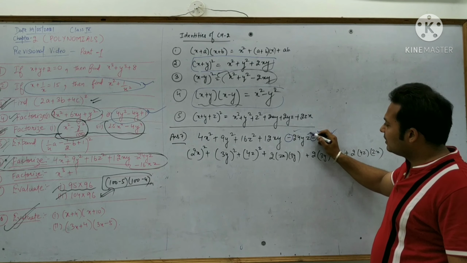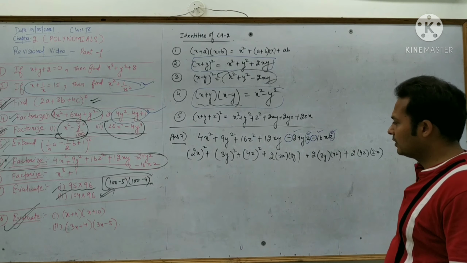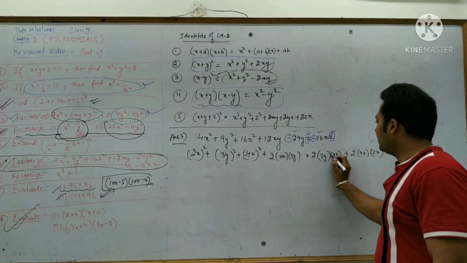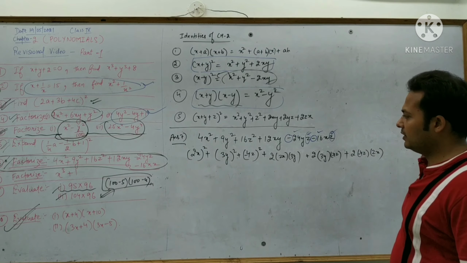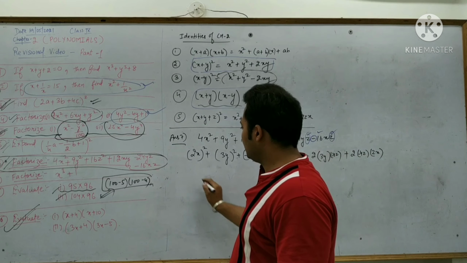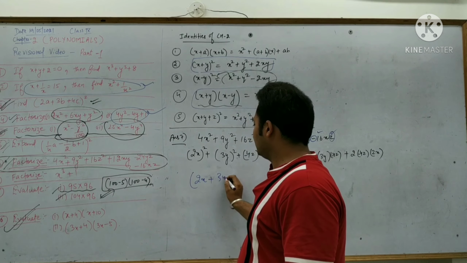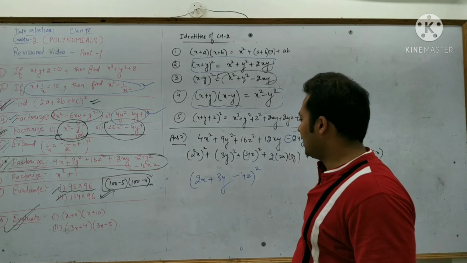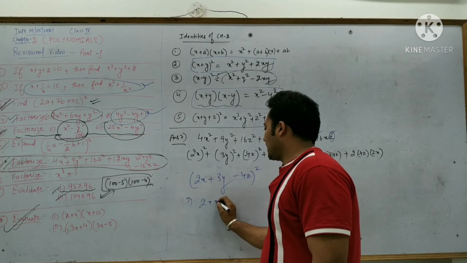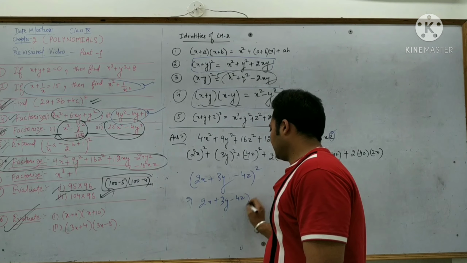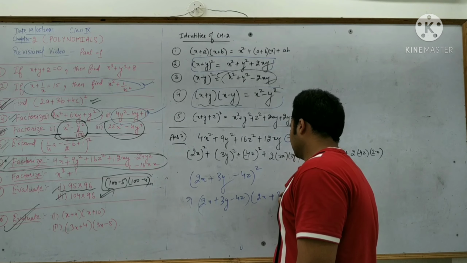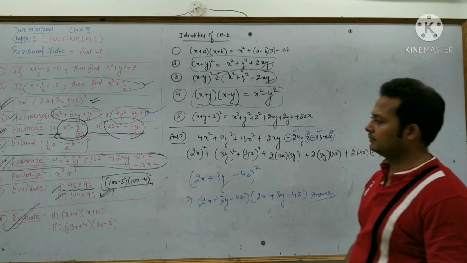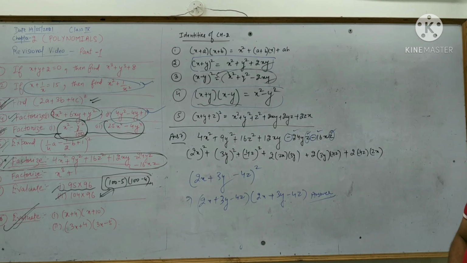We are having z common between these two numbers. So what we will do, we will take this term as the negative term, and then by factorization it would give us 2x plus 3y minus 4z whole square. And what we will do, we will just write it as twice because we are to factorize it. Is this clear? Is this clear, children?